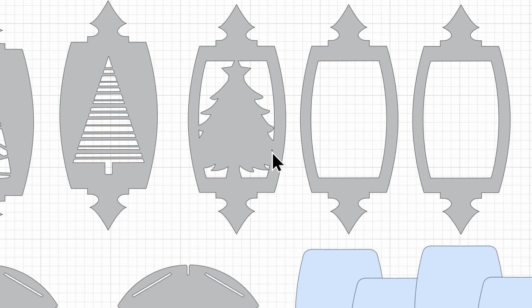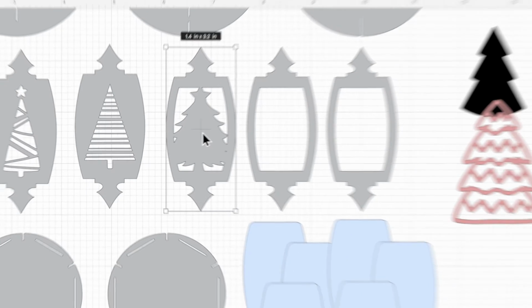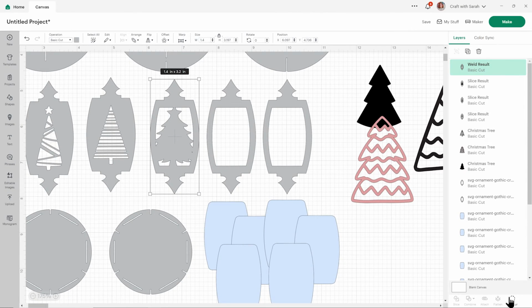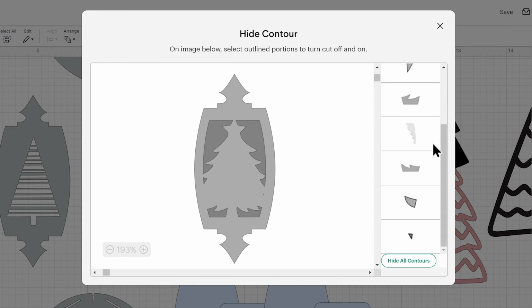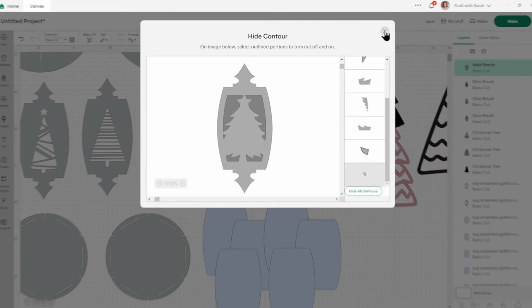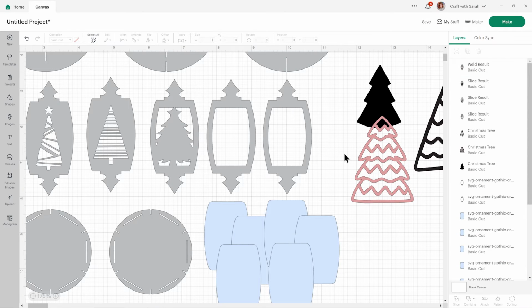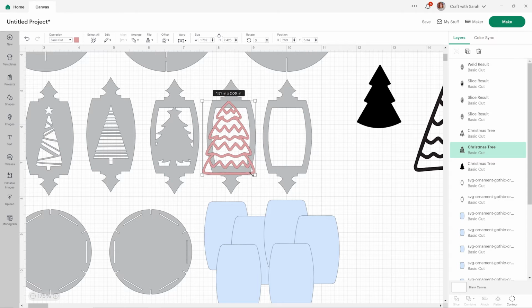I've got a teeny tiny gap here, which is very small. The Cricut will not be able to cut that. To remove it, click the panel and then go to Contour. Find the tiny gap either by clicking it there or in the list down the right hand side, and then close, and it will hide it. We'll do the next one with this tree here. And this is going to work very similarly.